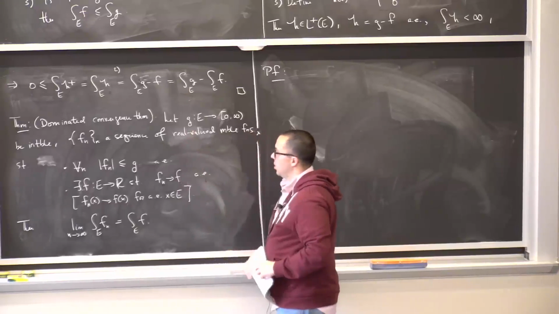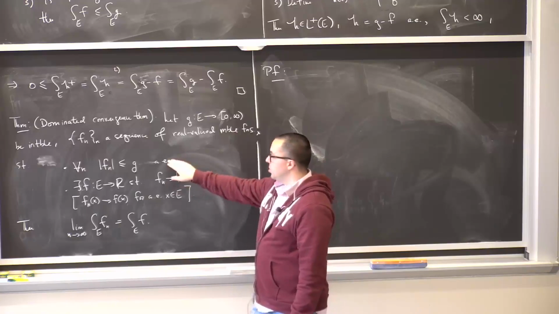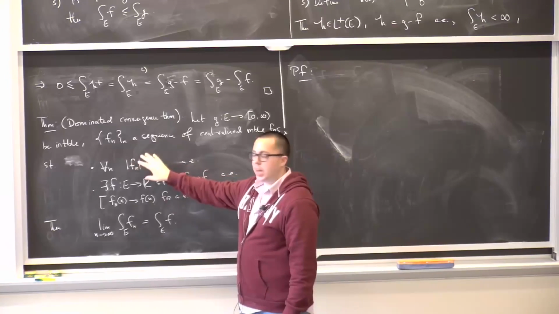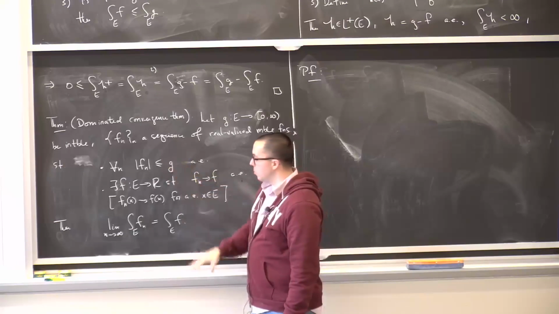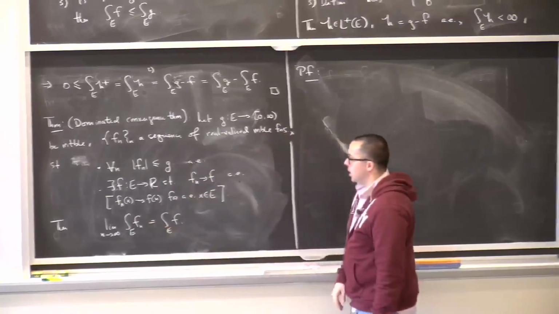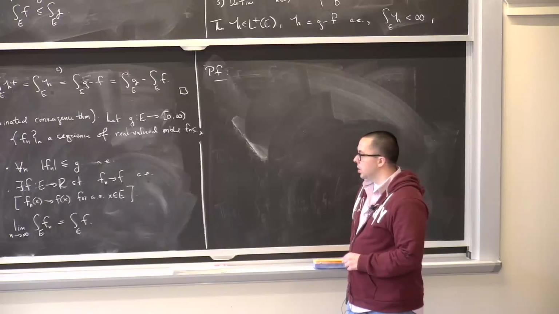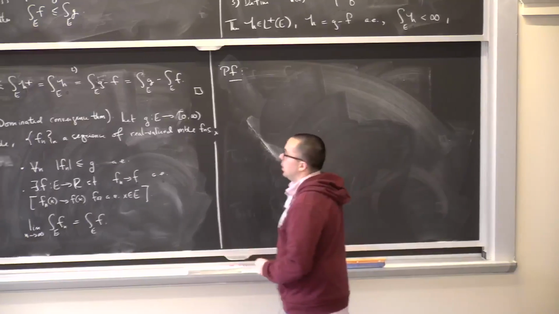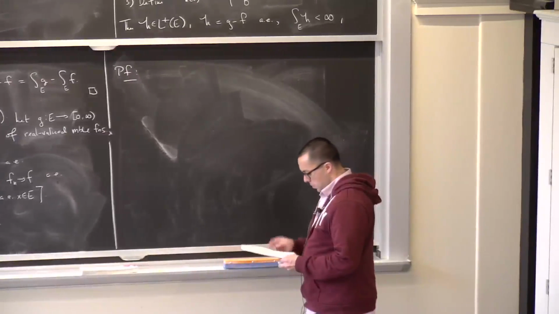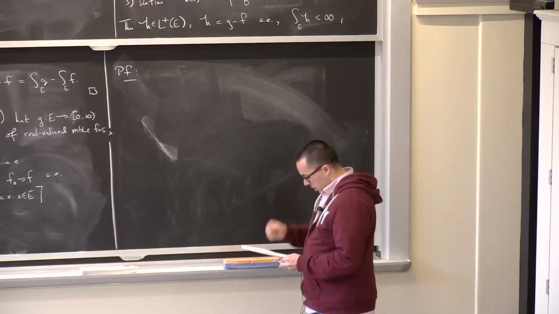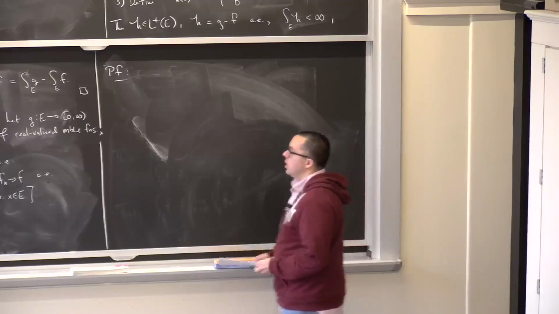So all we need on top of pointwise convergence almost everywhere is for these to be bounded above by some fixed integrable function. Then we conclude that the limit of the integrals is equal to the integral of the limit, which is an extremely powerful and useful theorem in analysis. Okay. So we'll prove it using Fatou's lemma, but first, again,